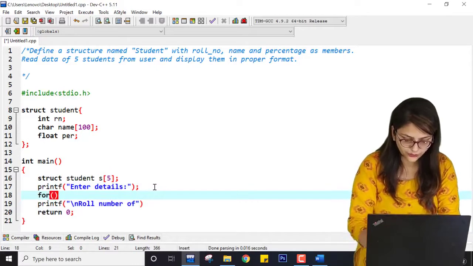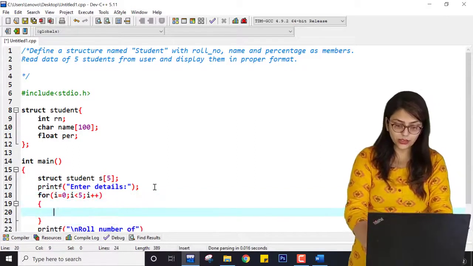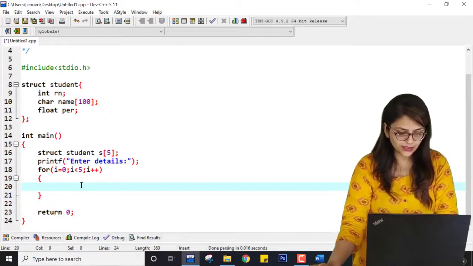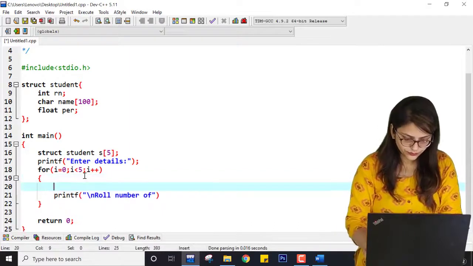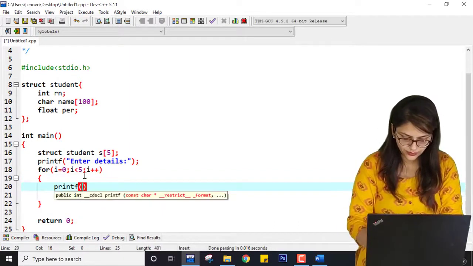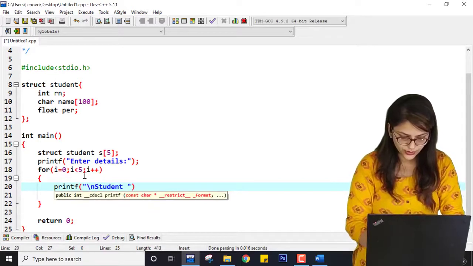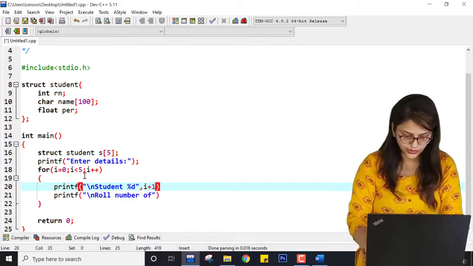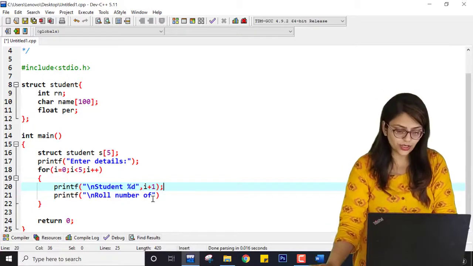So for that I am writing for i equal to 0, i less than 5, i plus plus, since I have to add details of 5 students. Let me write inside this printf "\n student %d", and here i plus 1, right? So it will print student 1 for the first iteration, student 2 for the second iteration, and so on.